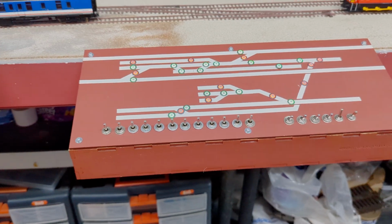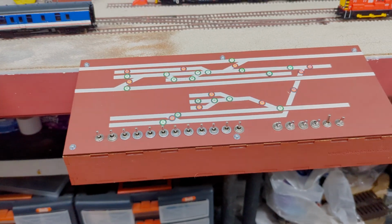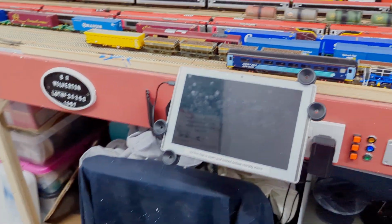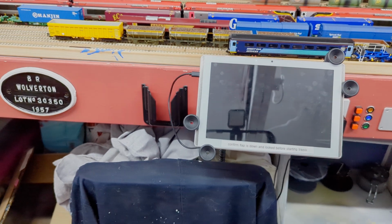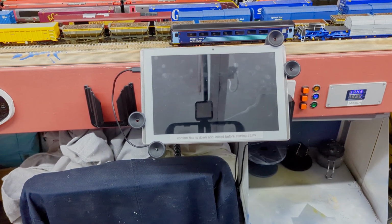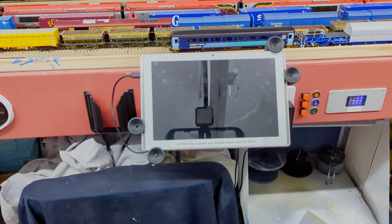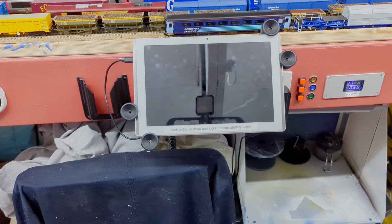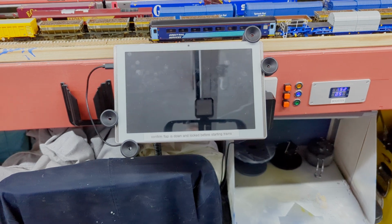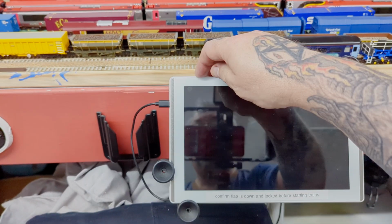The original plan was to have that smaller one over this side for the centre sidings, and I was going to do the longer one to control the points on the fiddle yard. But of course, I'm using a DR5000 multi-protocol base station, and with the Z21 app controlling it. So I have got literally,